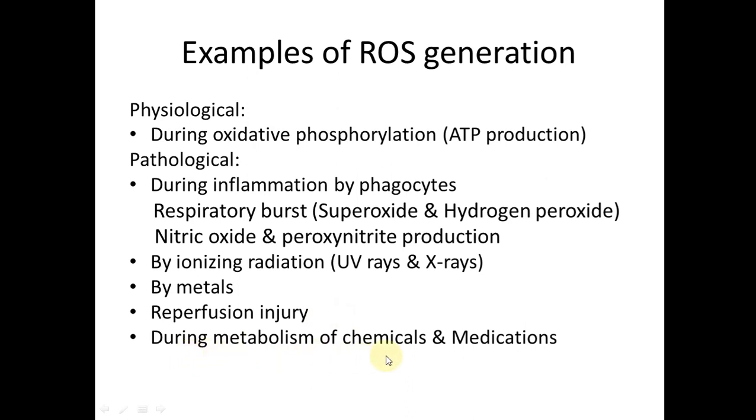Moreover, during the metabolism of chemicals and medications, particularly in the liver, free radicals are also generated and are very important determinants of cell injury. Free radical damage is also involved in the aging process and in mutations due to oxidation of the DNA, which causes cracks in the DNA strands and leads to mutations that can lead to cell death, or for example oncogenesis, the production of cancer.